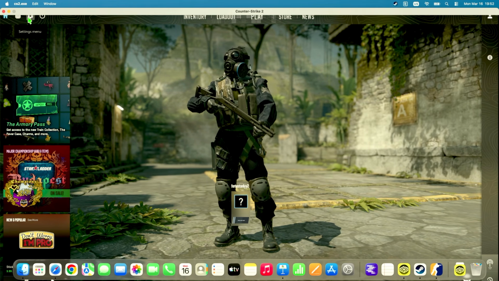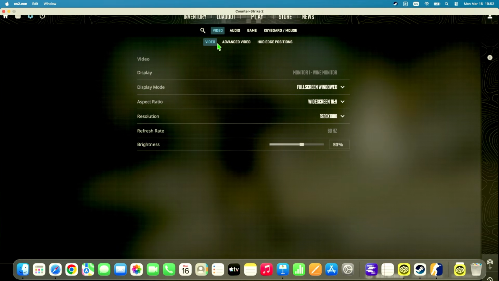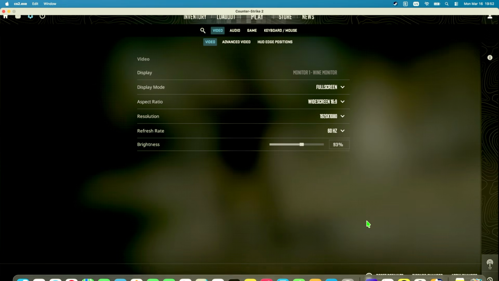They are right here in the top left corner. Settings menu, then we go to video and change from full screen window to full screen. Then we're gonna have to hide the dock, so navigate right here, then tap with 2 fingers, turn hiding on,